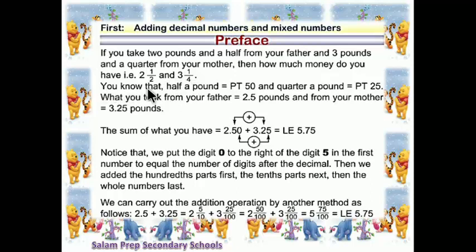You know that half a pound equals 50 piasters and a quarter of a pound equals 25 piasters. What you took from your father equals